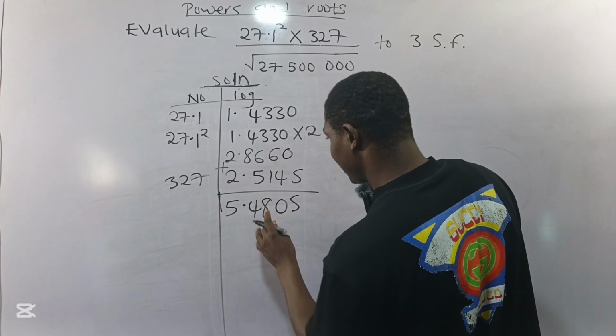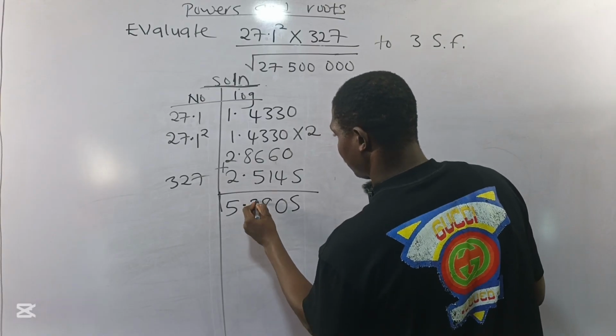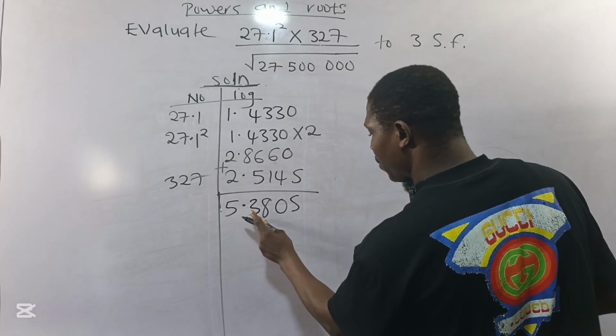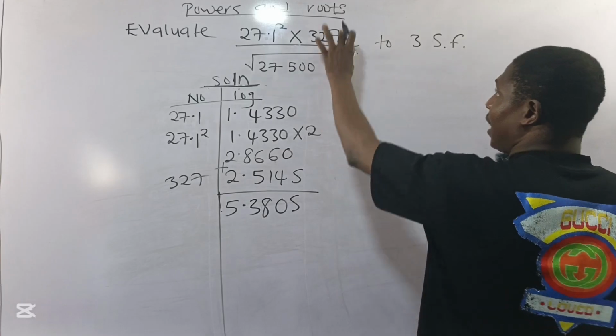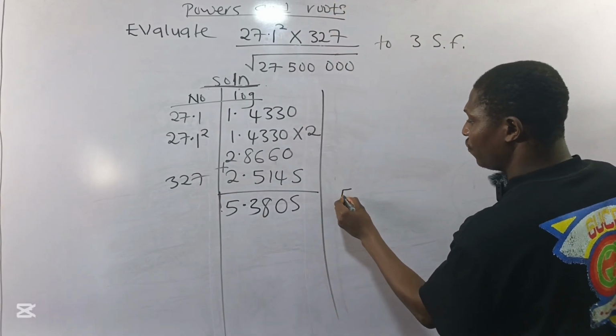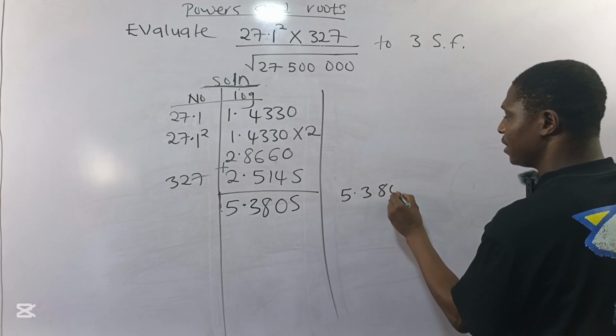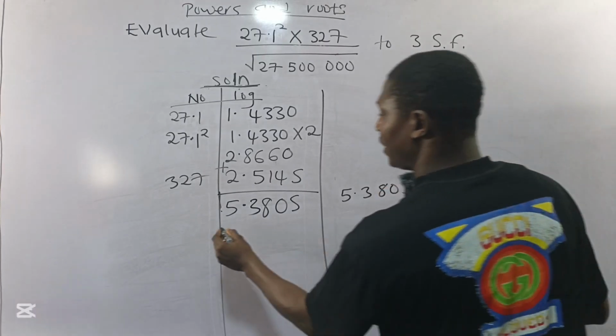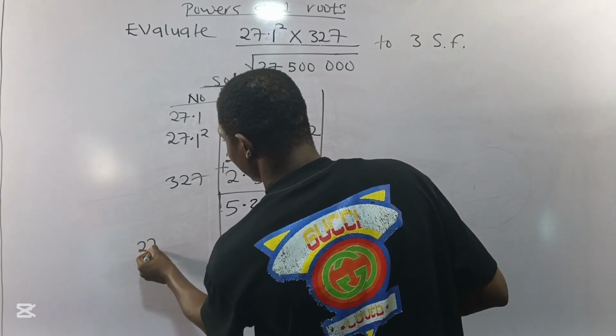8 plus 5 is 13, 3 carry 1. So I have 5.3805 at the numerator. So I'll bring it to this other side to give me 5.380. Now I'll focus on the